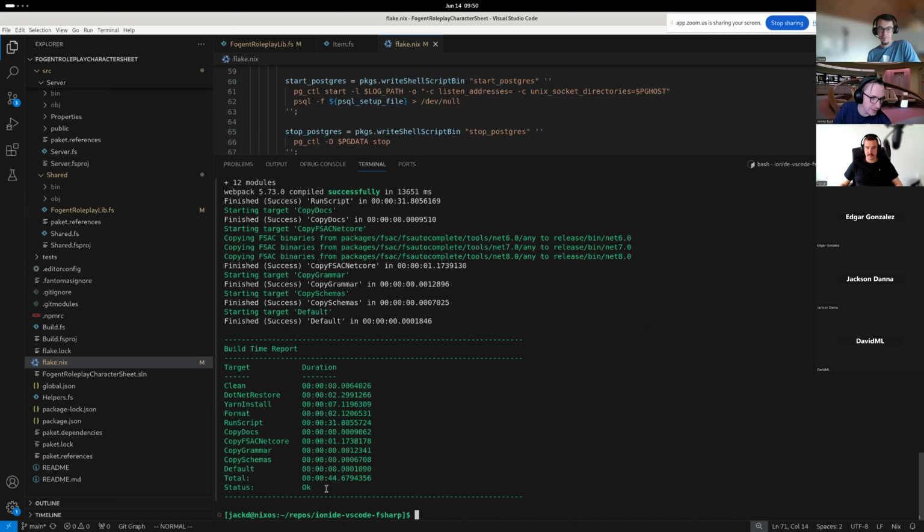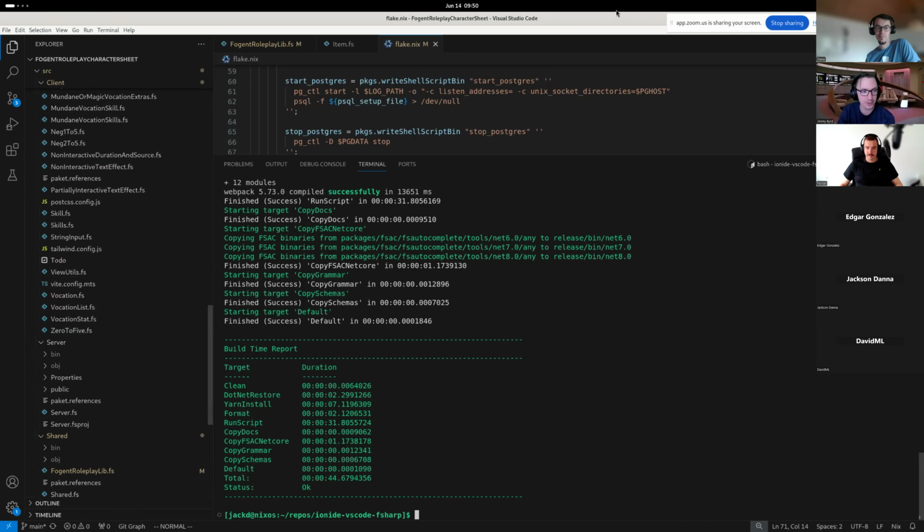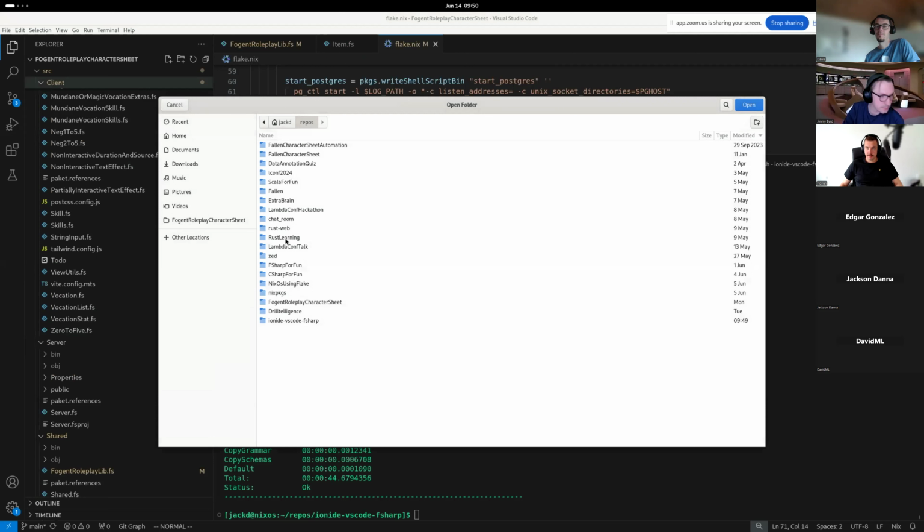So that means that you could run this technically. If you go back to the repository, you can probably click the play button and it should hopefully fire up a VS Code instance with our compiled code. Let's do this. Open folder. We'll do... Why am I blind? No caffeine.